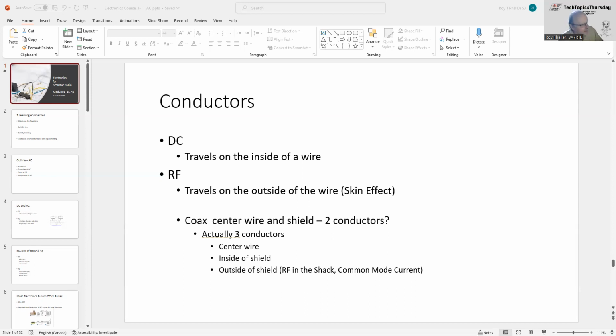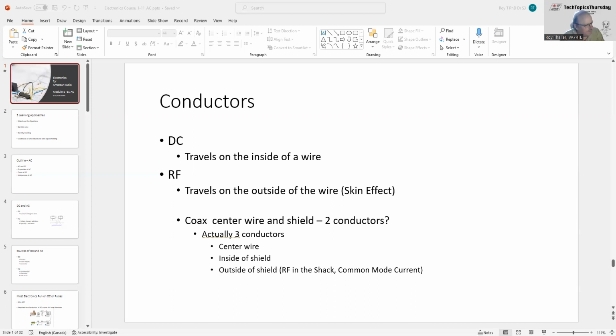And the other interesting property here is if you have a coax cable, most people think it's two conductors. You have the center wire, and then you have the shielded braid. And you think, oh yeah, I've only got two conductors. But what actually happens is you actually have three conductors. You have the center wire, you have the inside of the shield, and you also have the outside of the shield. So RF can run on the inside and on the outside. And you want to try to keep the RF on the inside of the shield, not on the outside of